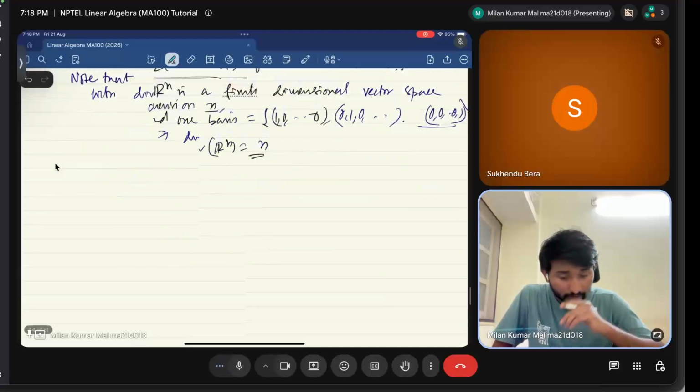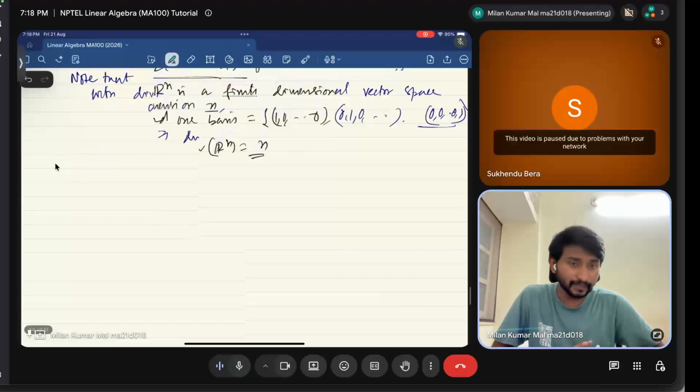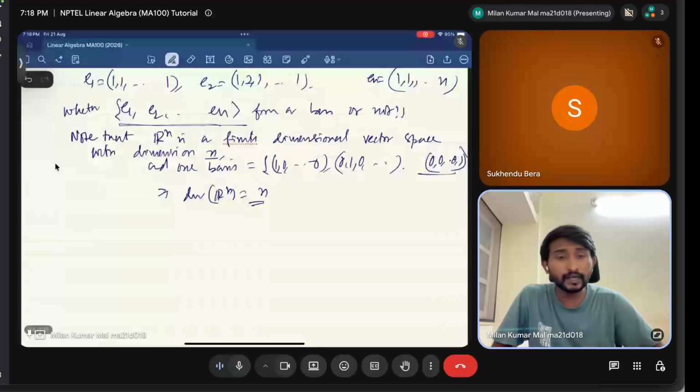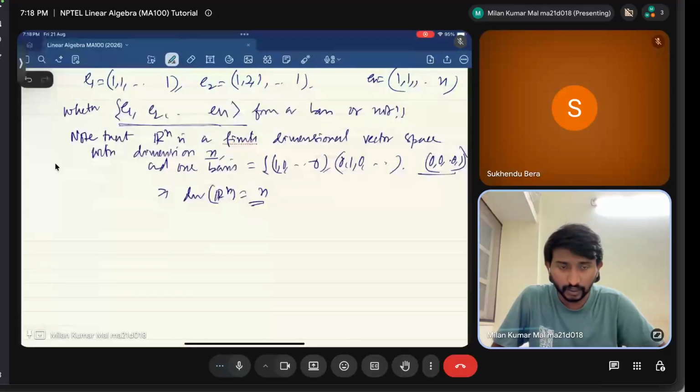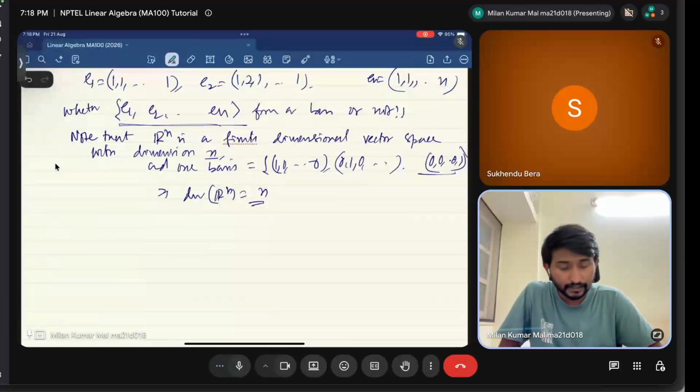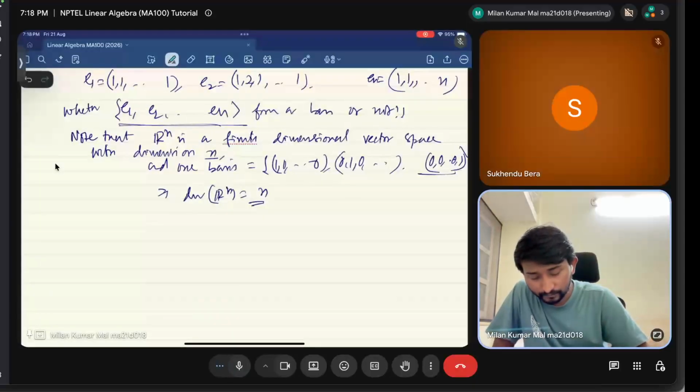So here is the point. Linearly independent and linearly dependent means, what does it mean? A set will be linearly independent if no vector can be written as a linear combination of the others. Dependent means there exists one vector which can be written as a linear combination of the others. The question is, if all these vectors are linearly independent, then note that